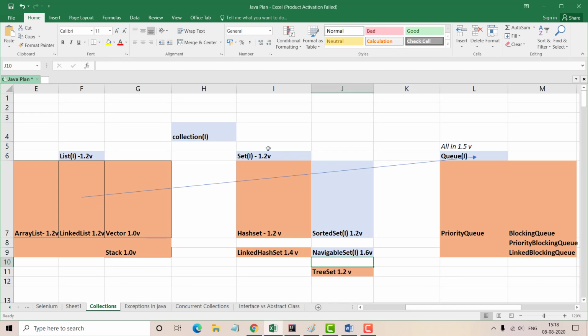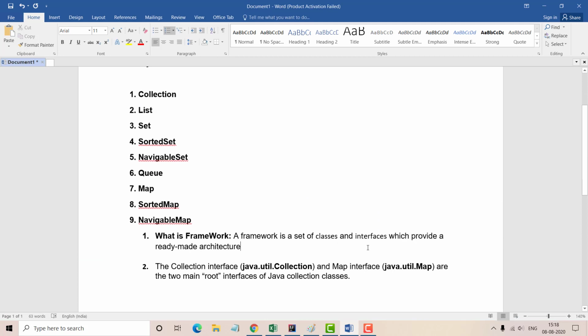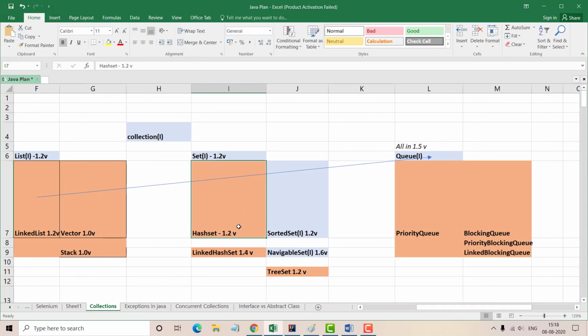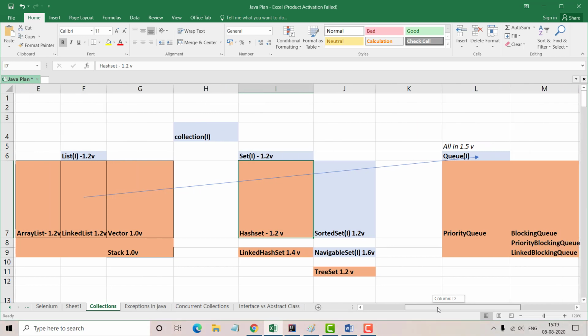Now we will see what the definition of a collection is. Basically, if you want to represent a group of individual objects in a single unit, then we can say it is a collection.